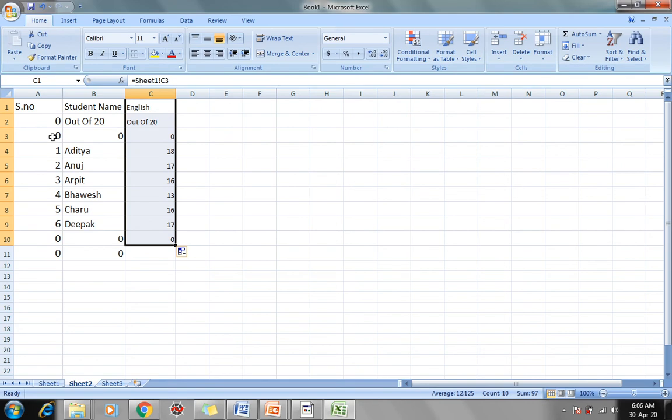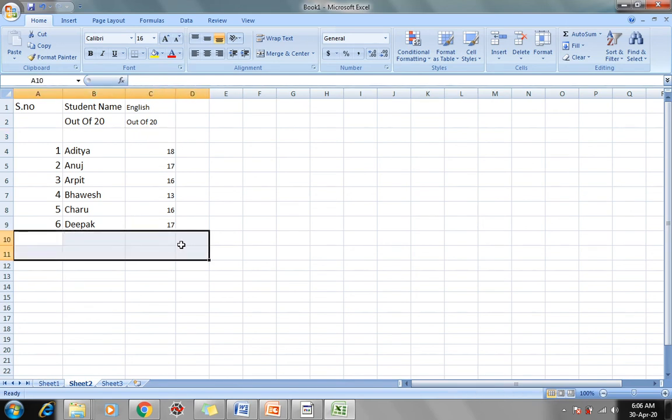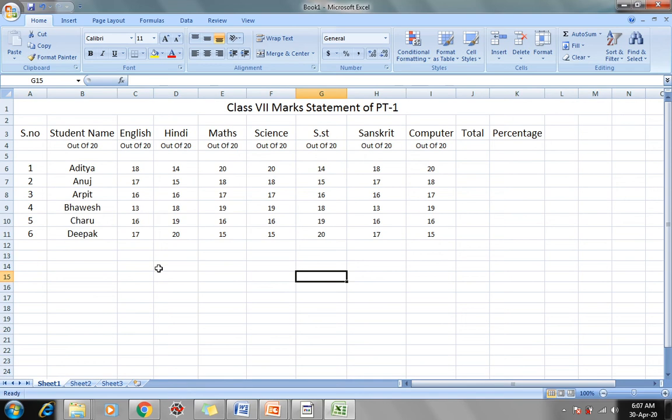If you apply any changes in your previous sheet from where you have referenced values here, for example you change marks of Aditya from 80 to 20 here, then the value automatically changes in the second sheet.